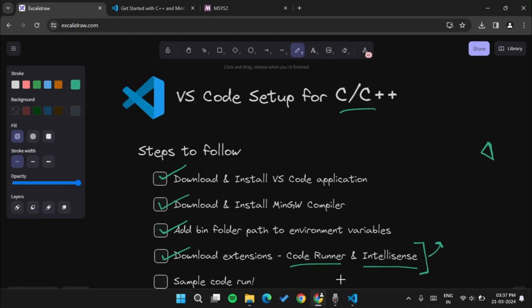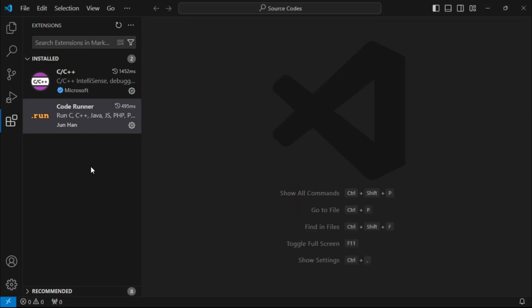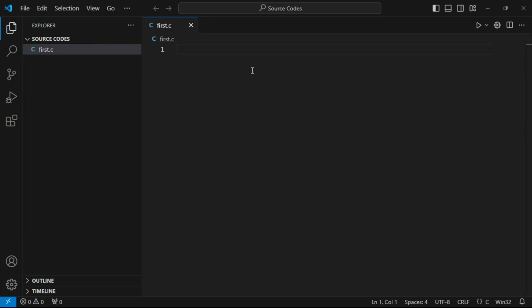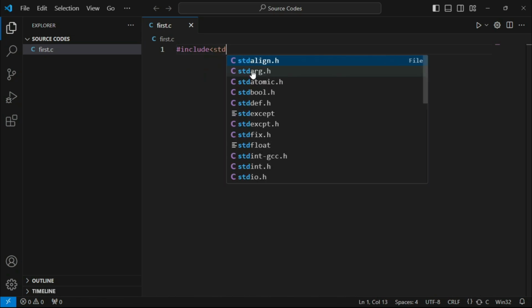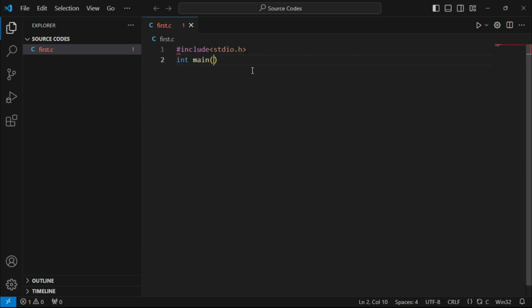So let us move on to VS Code, and let us close all these tabs, the settings tab, and move on to the Explorer. This was the extension tab, this is the Explorer tab. So here if we create a file, this is my first file, just name it first.c or C++. Let me type a sample code, hash include stdio.h. You can see the IntelliSense is suggesting stdio.h, then int main, then return 0. This is the snippet. Here I add printf